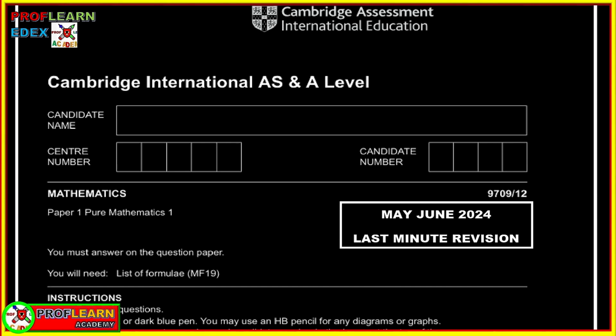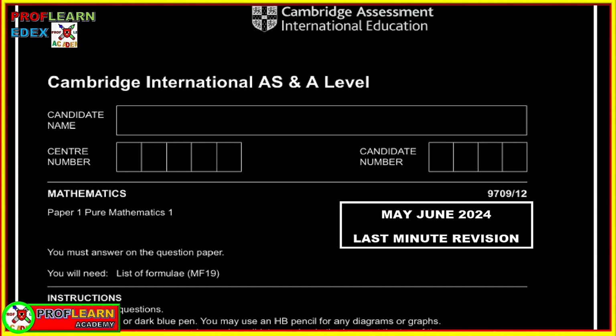We'll cover transformation of functions. We look at radian measure, trigonometry, sequence and series, circle geometry. We shall look at improper integrals. We shall look at rate of change, and also we shall look at differentiation and integration, which also will be involving converting